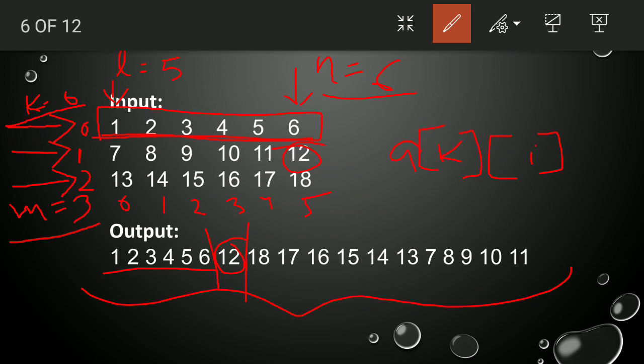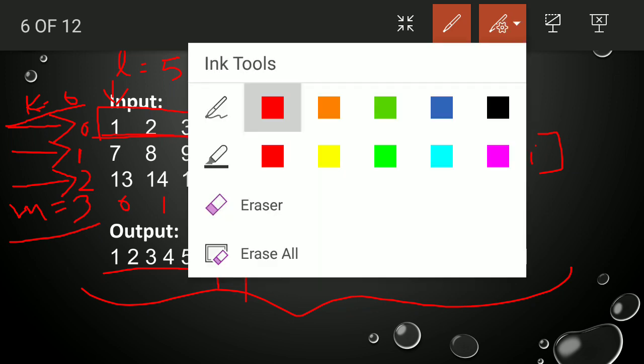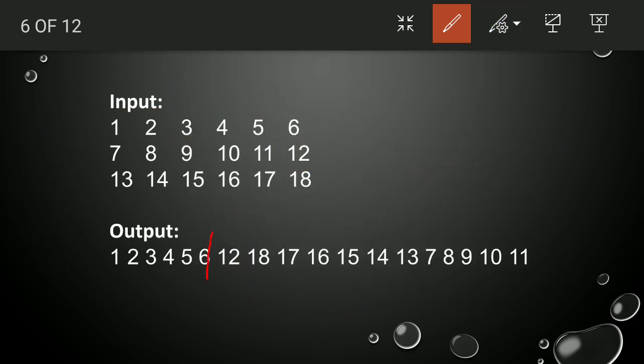So we have printed up to here, and we need to print the 12. Now the kth index is pointing here, and n is still pointing here only. So we have incremented the kth value.